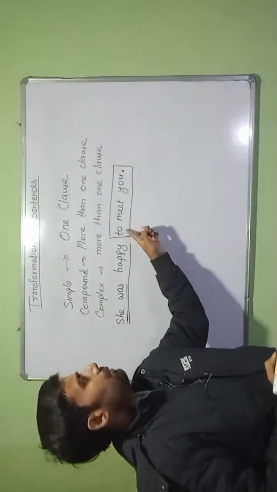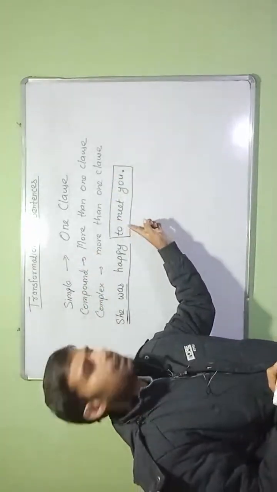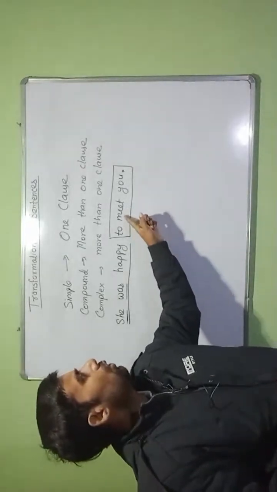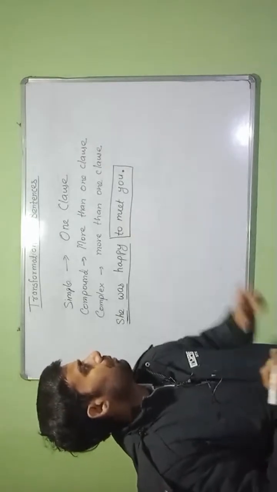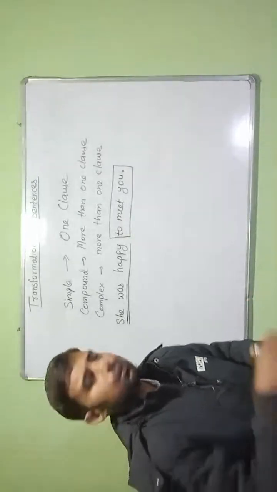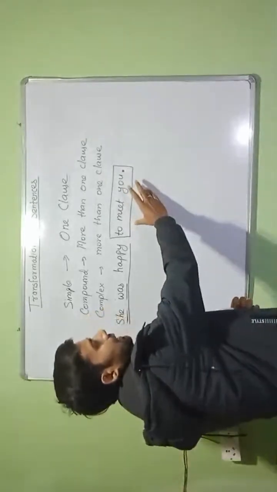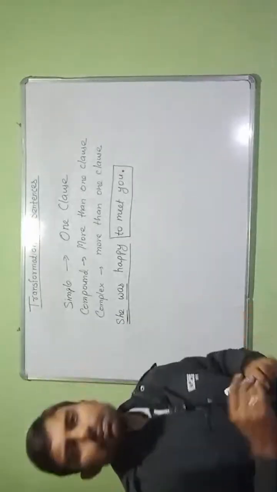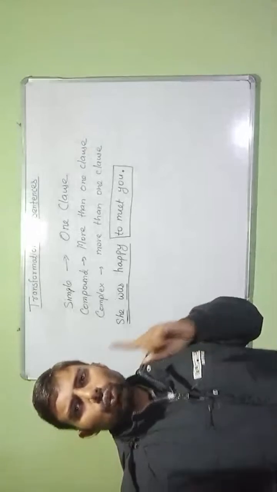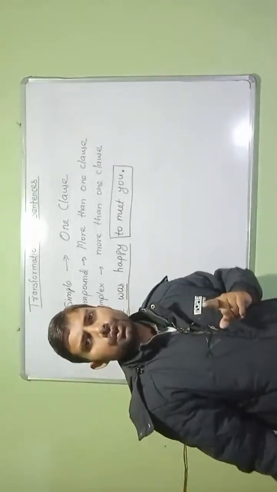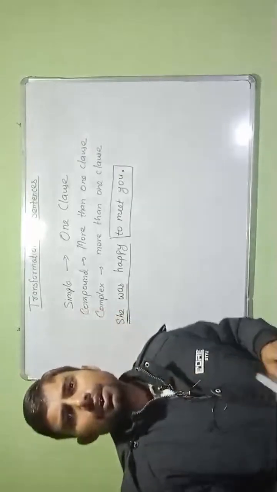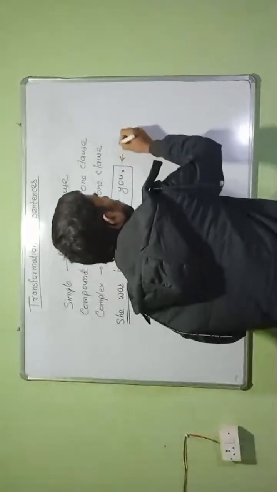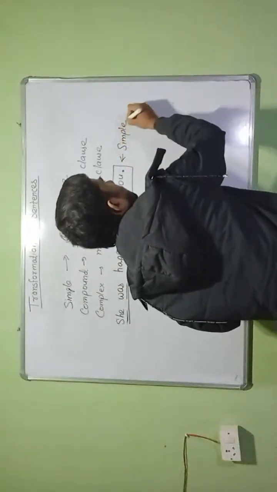Now after this, this part is a phrase. This is beginning with a preposition, right? And the rest, yes, it seems to have a verb, but it is a non-finite verb, to meet. So this part of the sentence is not a clause. So basically it is a simple sentence. Why? Because it has only one clause. A simple sentence has only one clause, but now if you want to change it into